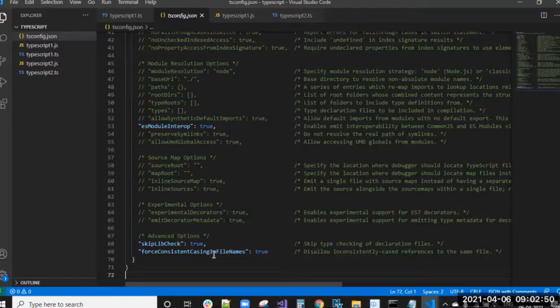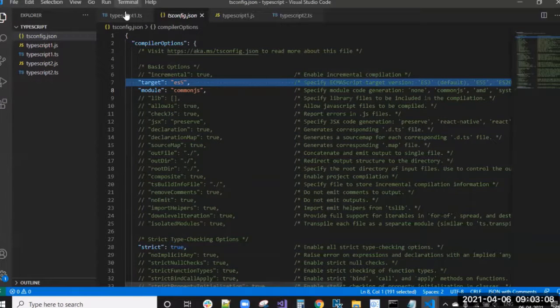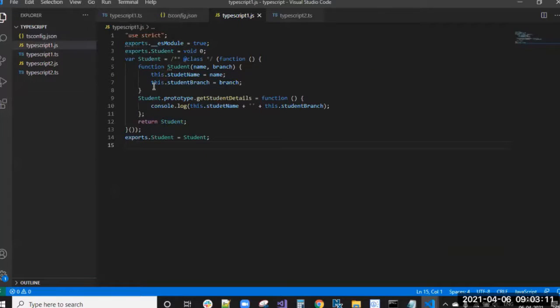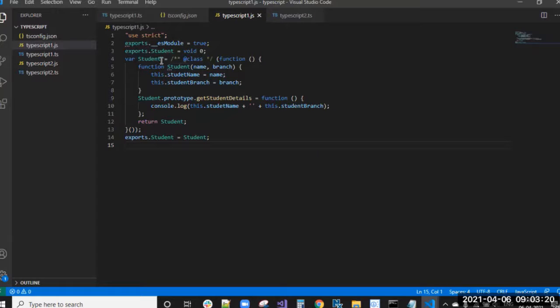So now I will explain some important basic rules in that TypeScript configuration file which are required for our Angular applications. In this file we give the compiler options. The target is the output: we are converting TypeScript into JavaScript files, so the target should be in which version. That version can be ECMAScript 5, ES6, ES7, like that. We have versions in ECMAScript, from basic to advanced.